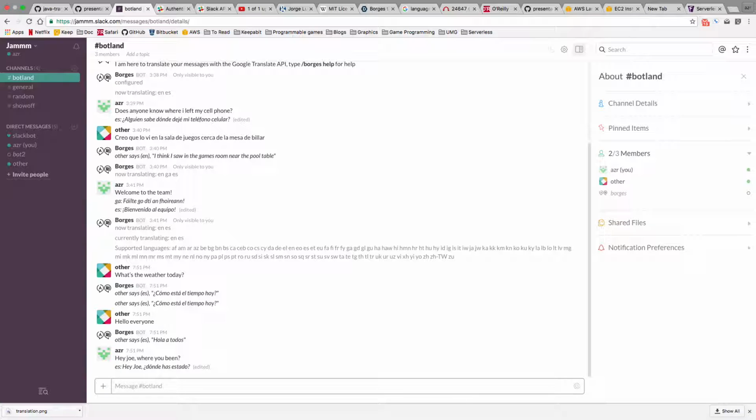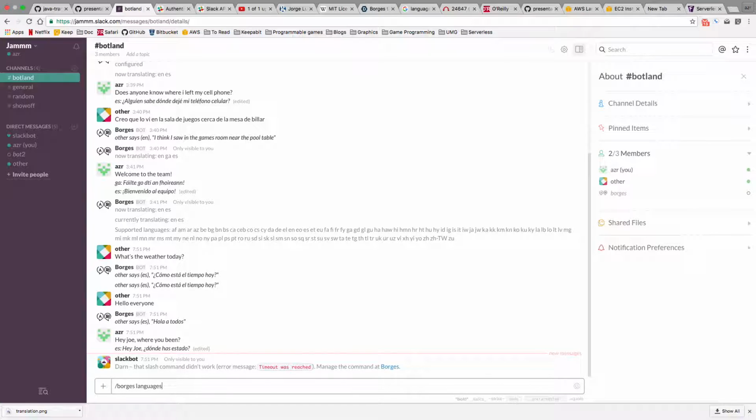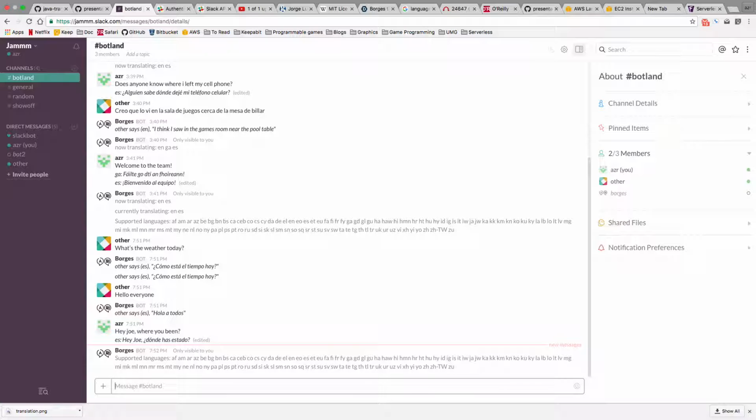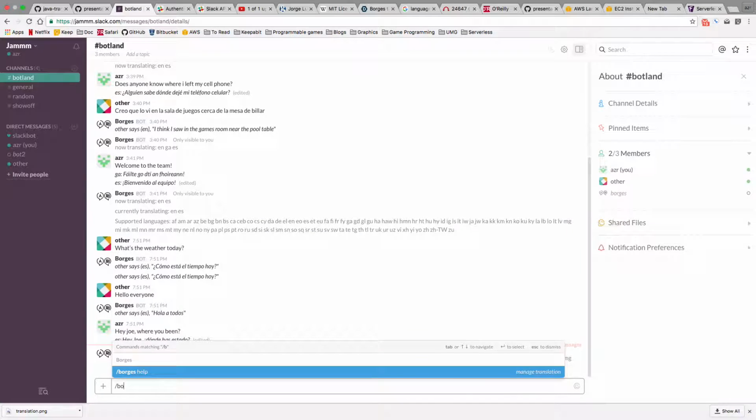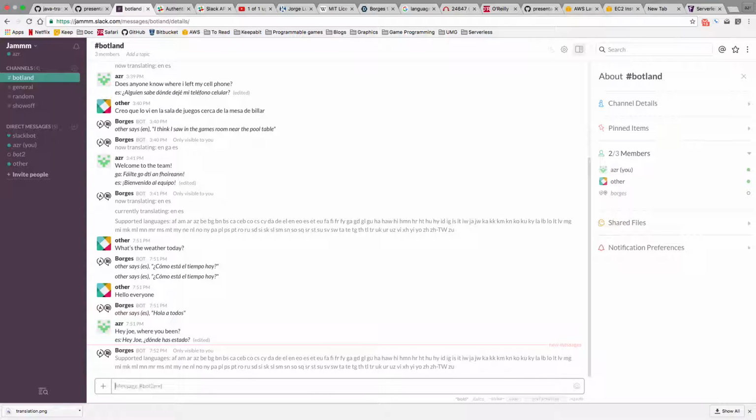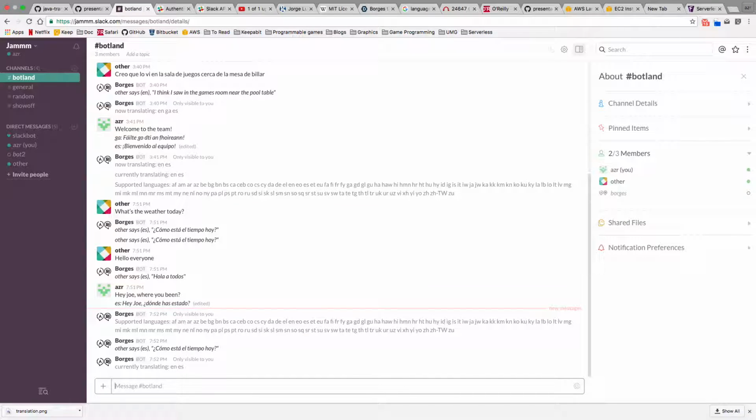You can set it to translate in all of these different languages. Not again, that's a second function that has to start up separately. Now it will work. There you go. So there's all the languages. I can show the languages being translated in this channel, and I can change, add, remove languages and whatnot.